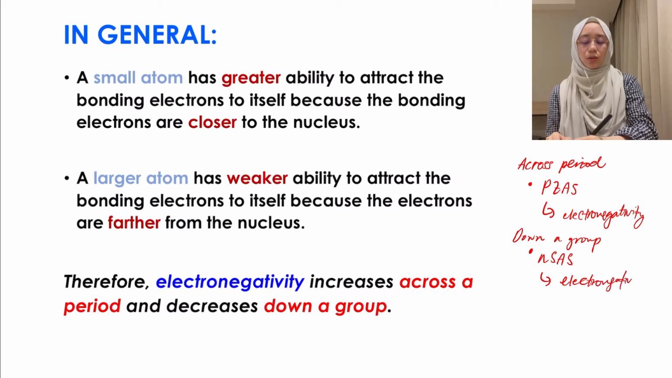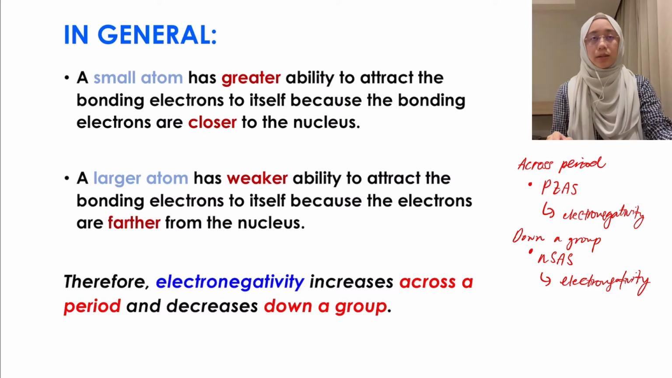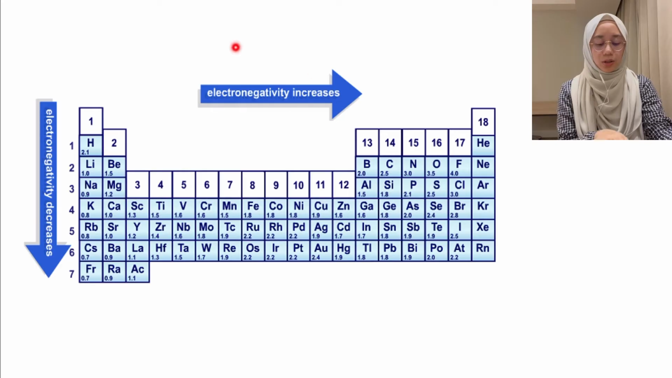Okay, jadi kat sini kelas saya, kalau kamu dah tahu size tu, daripada size tu kamu dah boleh figure out dah whether the electronegativity is actually tinggi ataupun rendah. Okay, so this I think okay, this is the predictable just to show you that going across the period, the electronegativity increases, going down the group, the electronegativity decreases,